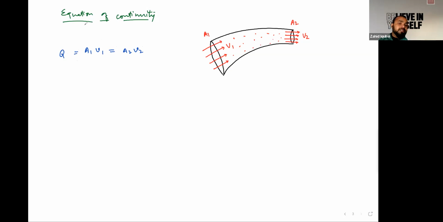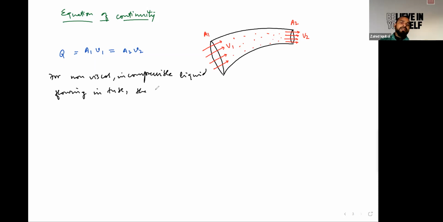So we may define this equation of continuity as: for non-viscous, incompressible liquid flowing in a tube, the rate of flow of liquid